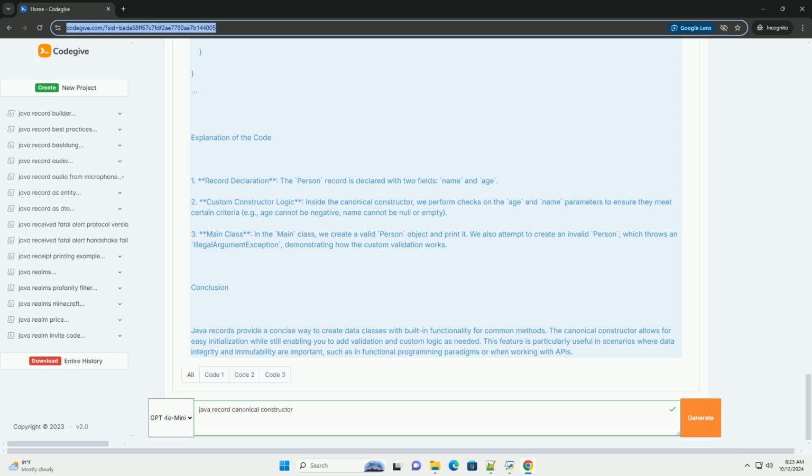Basic structure of a record. Here's how you can define a basic record. In this example, Person is a record with two fields, name and age. Using the canonical constructor. When you create an instance of a record using the canonical constructor, you can do it like this. The output will be